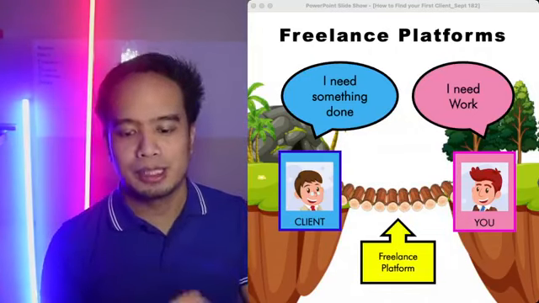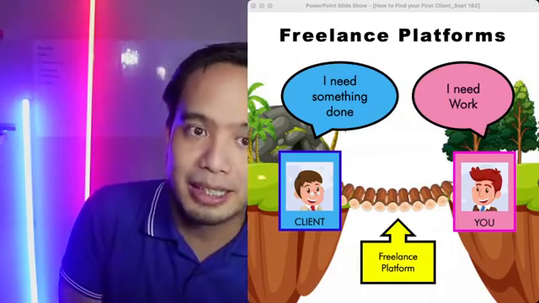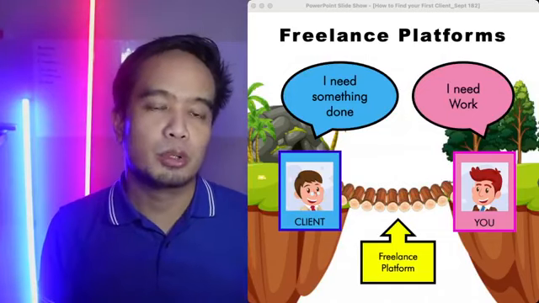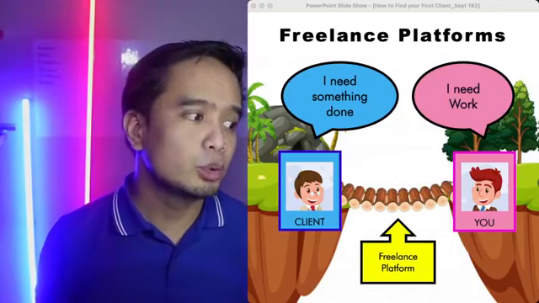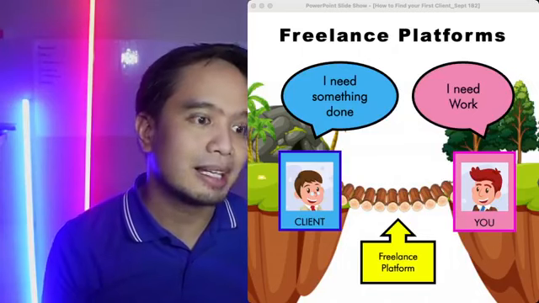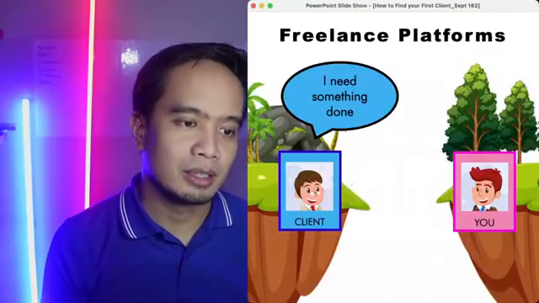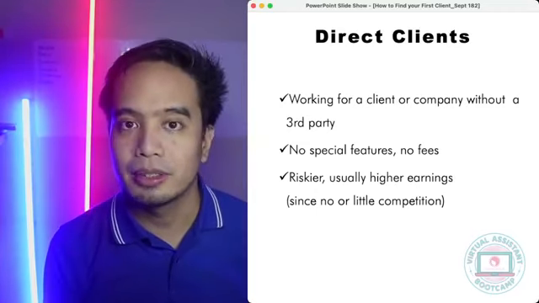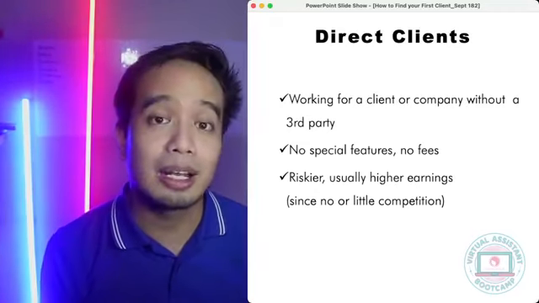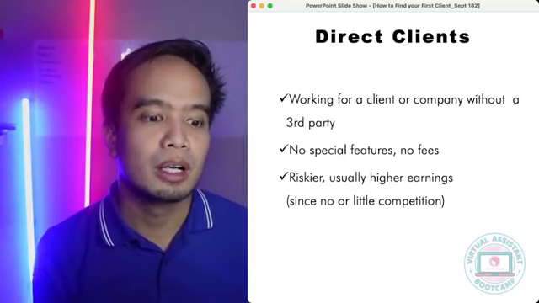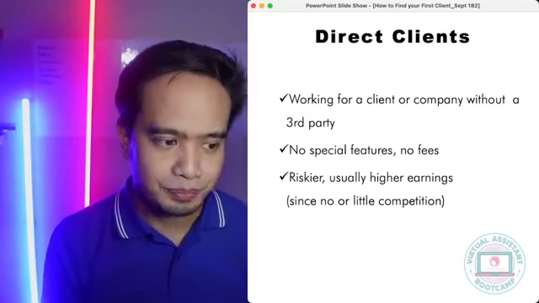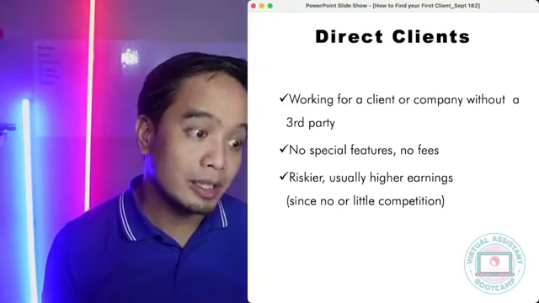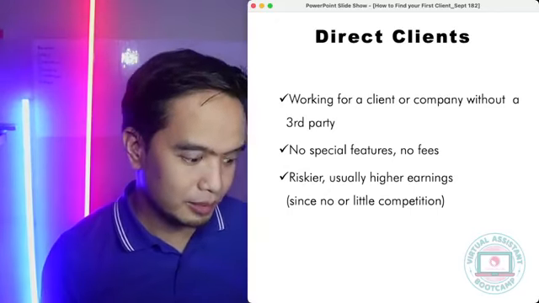So freelance platforms, there's that middleman, may website talaga that you can go to where you can find jobs and where you can post your profiles, post your skills. If you go the direct client, yung isang option mo is going directly to a client, that's when walang third party, parang ikaw na lalapit sa client, ikaw na lalapit sa mga companies and say, hey, I can help you with so and so. Okay. Gets niyo ba yung difference? Just say clear if it's clear or unclear if we need to go over it again.